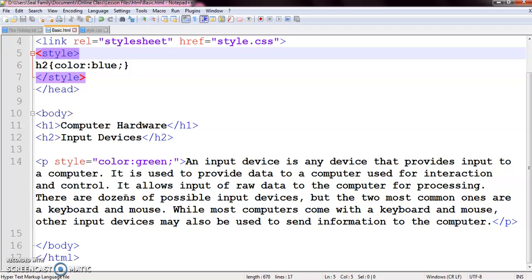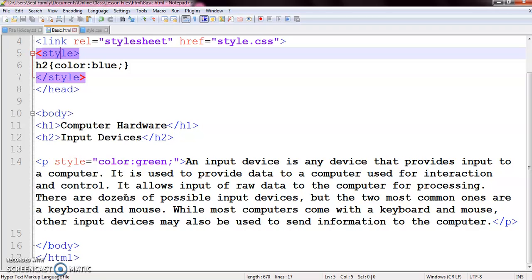And for the inline style sheet rule, you can use this rule when you do not want to make changes in the appearance of all the elements in a website or a web page. You just want to change the appearance of one or two elements. Because the internal and inline style sheets mix the content with the style, because both of them are written inside the HTML file. So it is always a good practice to use the external style sheet.